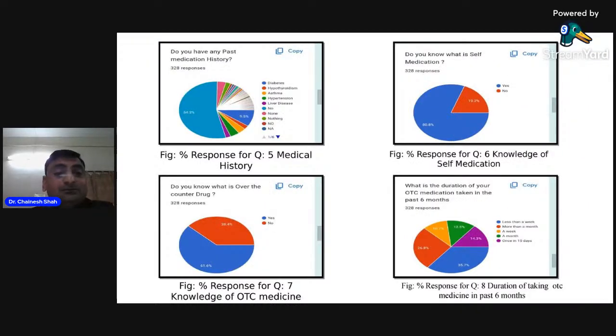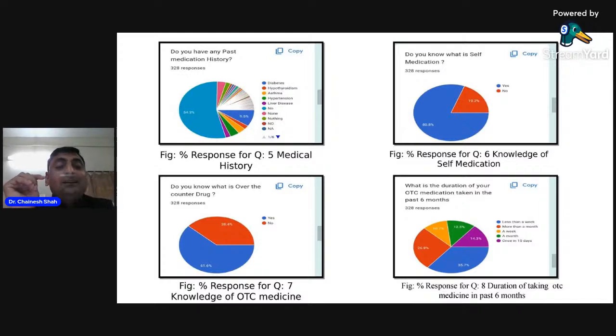The medical history. We found diabetic patients and others. Why did we ask about medical history? Because self medication and medical history have a direct relation. Frequently you are self medicating for something like diarrhea, sneezing, allergies, pain, and all these things. And routinely you are taking medication like antihypertensive drugs, anti-diabetic drugs, right? But you should know about drug-drug interaction. That's why I said self-medication is poisonous,